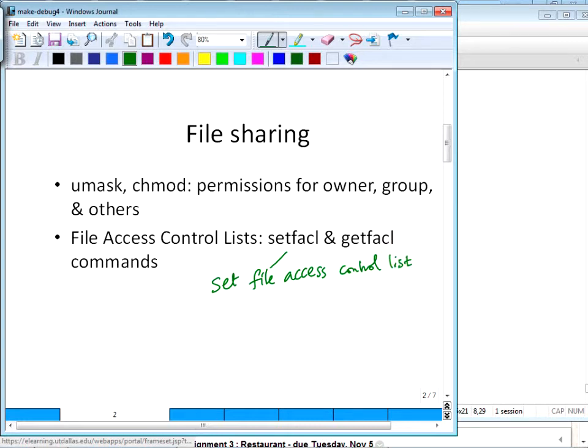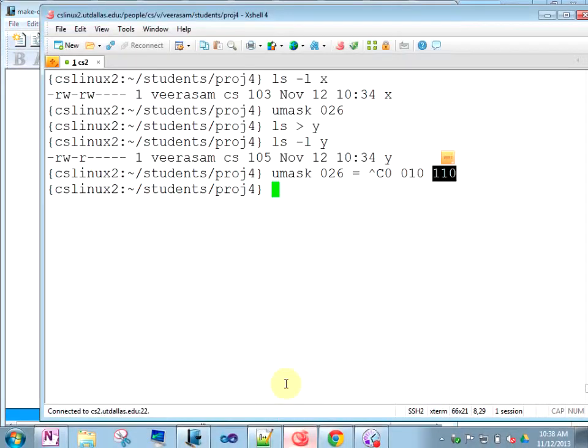What it means is that after creating a file, you can specify which users we want to give permission to read. That pretty much means that you can create your own files and give the permissions to your group alone. That's within your control. You can use the commands setfacl and getfacl. This one is getting, this one is setting. Let's see them in action.